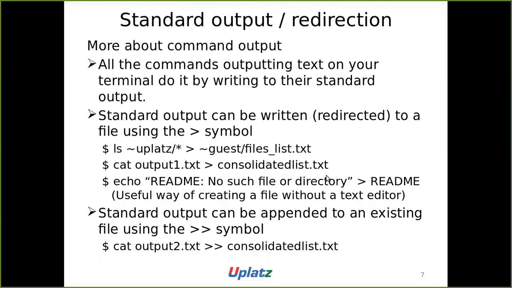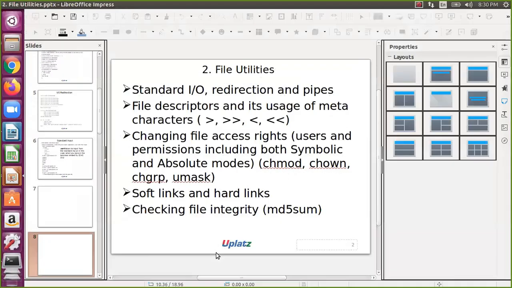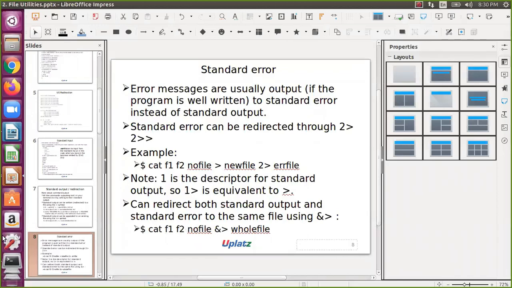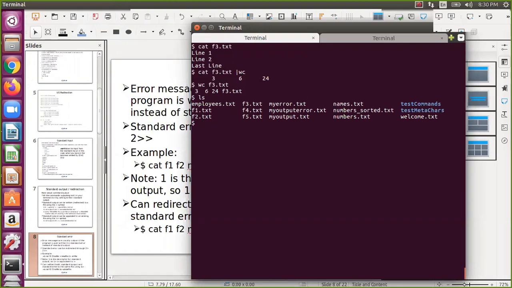Standard error, the same thing, you can explore more on that. So cat we are redirecting to some file. Here we have tested with ls, so either is the same. And double greater than is the append, so that is that portion. You have seen it already with the samples, and here I have just given that. You have another way also. We did two ways, so we will experiment with cat f1 f2 no file like this, using both things.